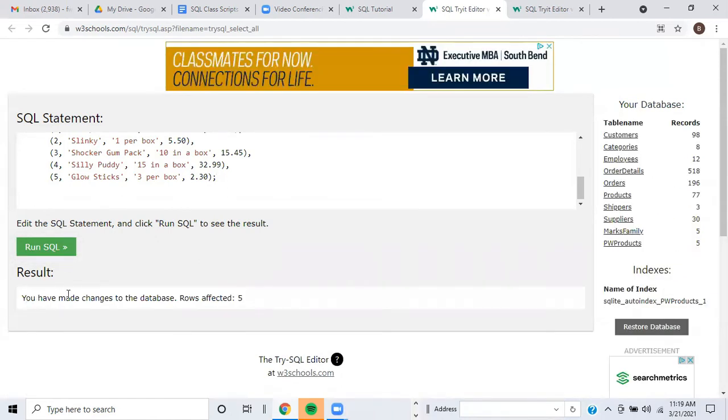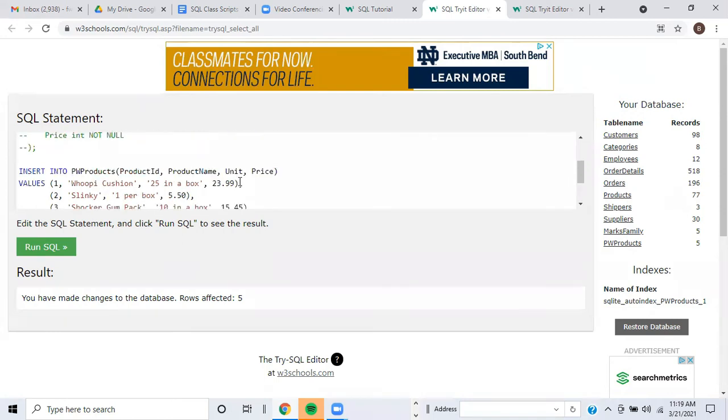Under results, it says you have made changes to the database. Rows affected 5 because we added 5 rows. Off to the right, you can see PW products has 5 records, whereas before our insert it had 0 records. So let's comment out these lines now. With a dash, we can comment out each line,